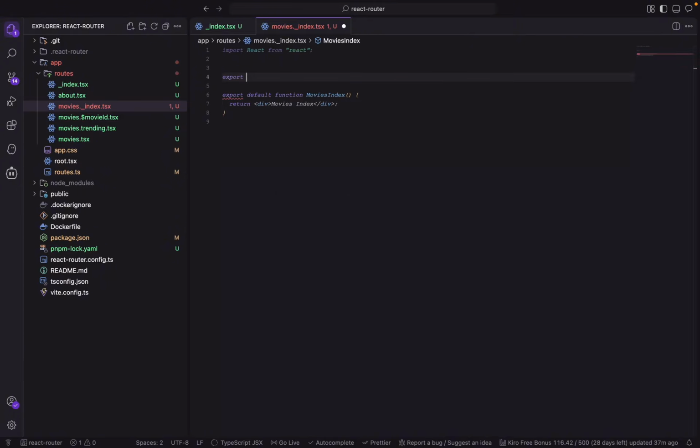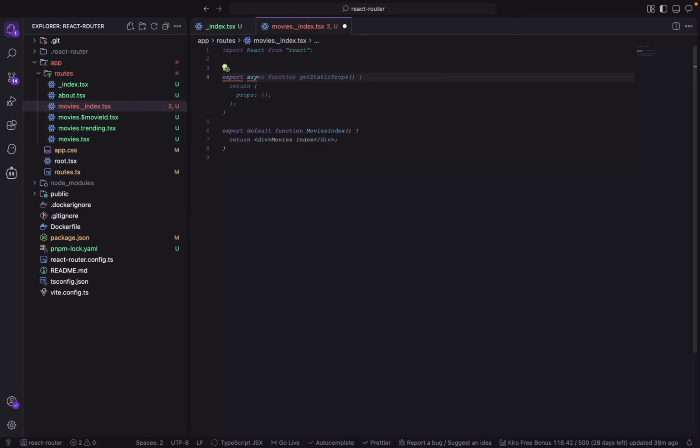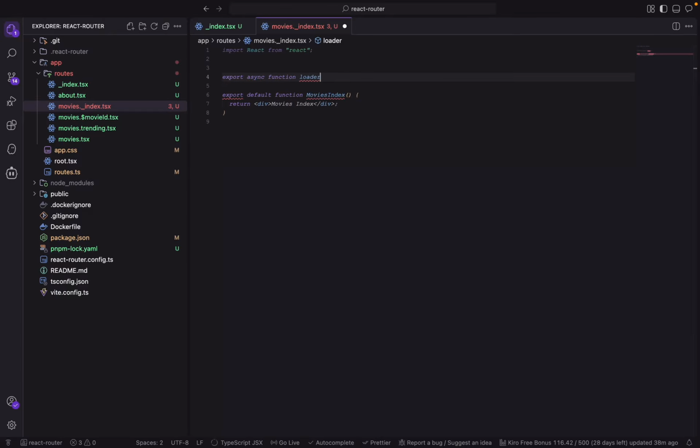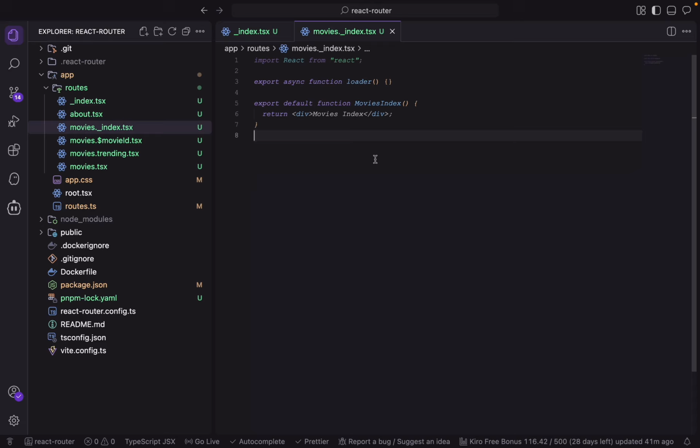First thing is that you have to export it out of this module here. Okay, export async function loader. Yes, this is the loader function. Right now I can fetch anything. Now we will be testing the loader function with